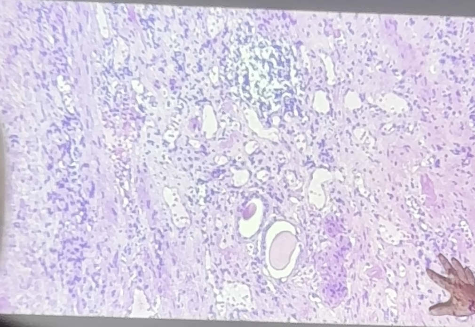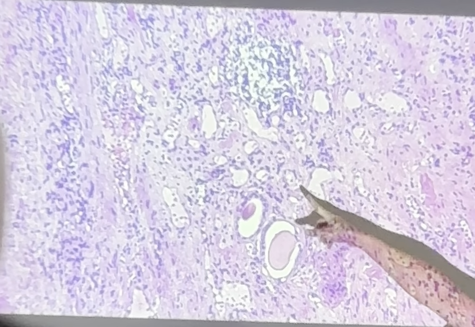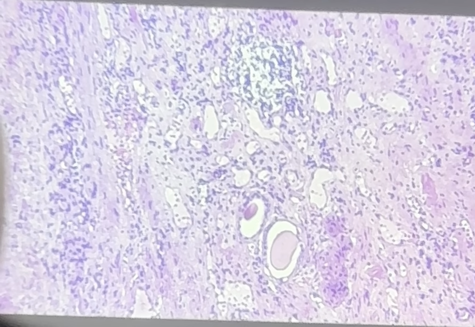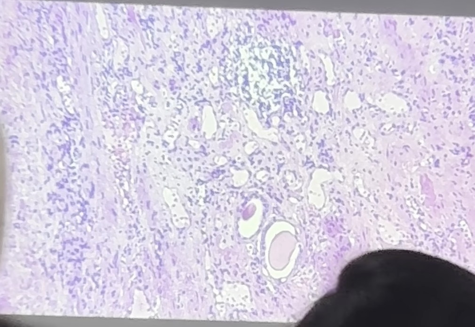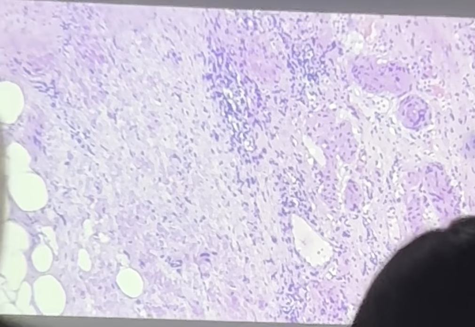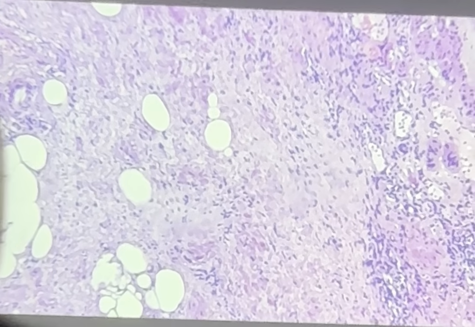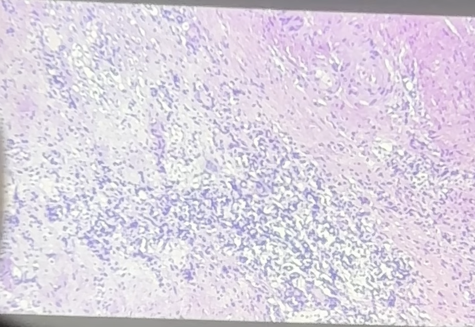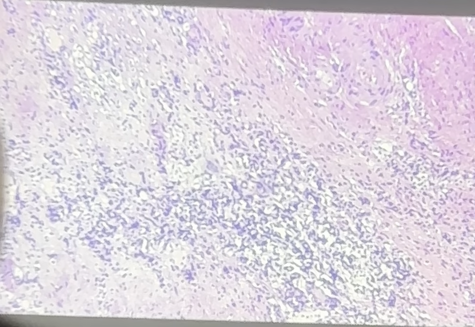But look at the surrounding tissues. What we see is a lot of inflammation. Okay? Do you think this is cancer? Yeah, it's not cancer. We don't see really any malignant looking cells. Instead, we see a lot of inflammation, and we see a lot of fibrosis, which is scarring. Scarring itself doesn't necessarily mean it's malignancy. Okay? And we do sometimes see